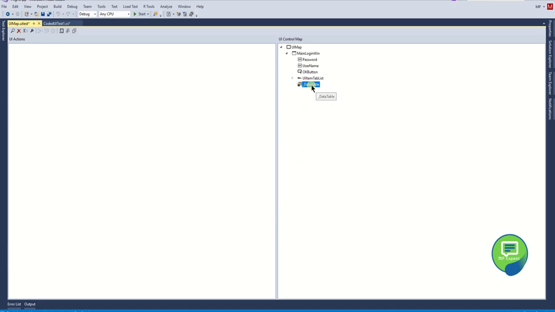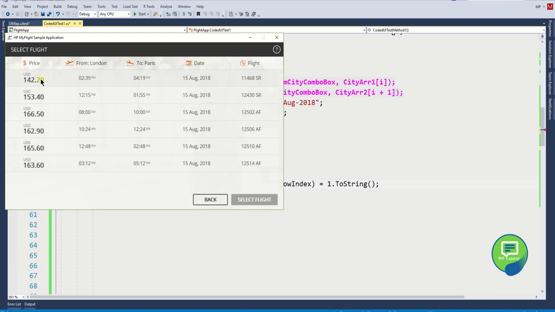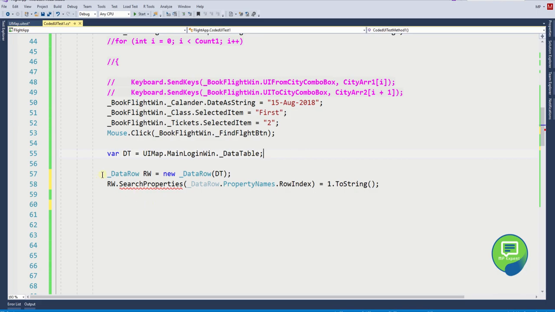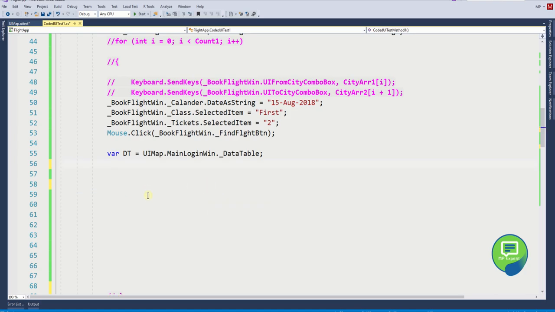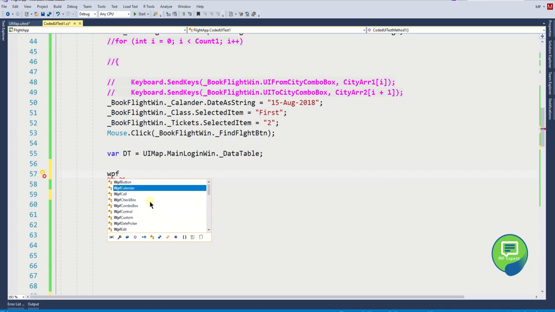So we just need a table, because a table is just the entire table. It does not reference anything particular. So let's delete this. Let's find how it is. Okay, so now we can say, let's see, it's a WPF. Is there any row? WPF row. Okay, so WPF row, we can take it as a